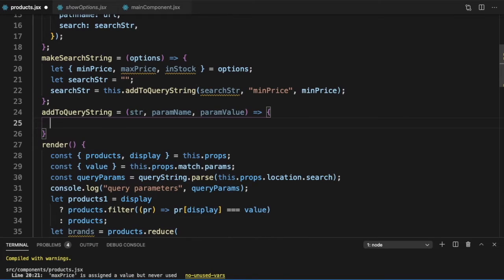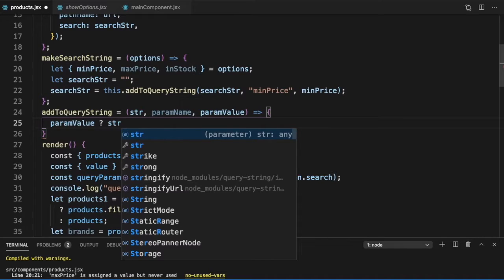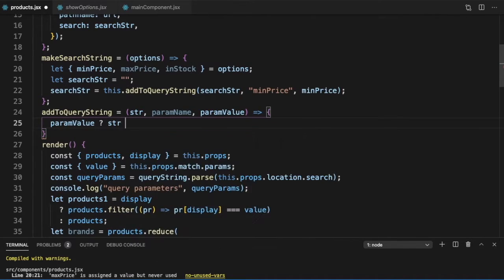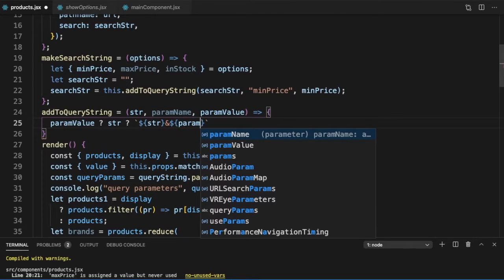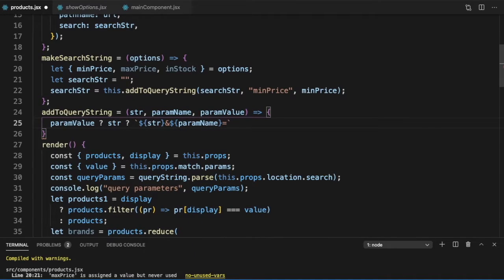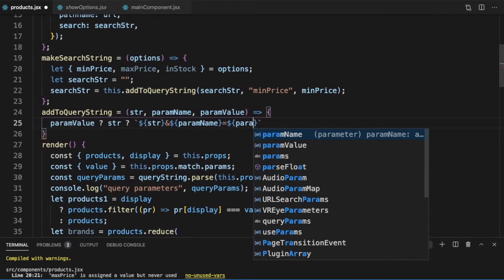And what do we do here? If param value is truthy, then what do we need to do? If string is truthy, which means there was something in the string earlier, then we will just return str, and we will need to append an ampersand. And then what do we need to append? We will need to append the param name, then an equal sign, then the param value.